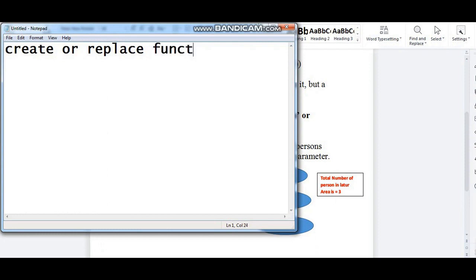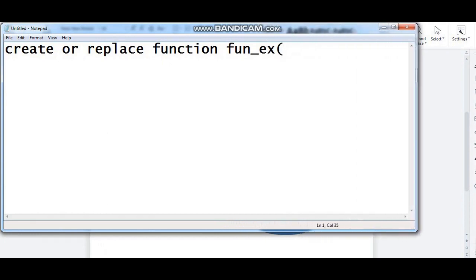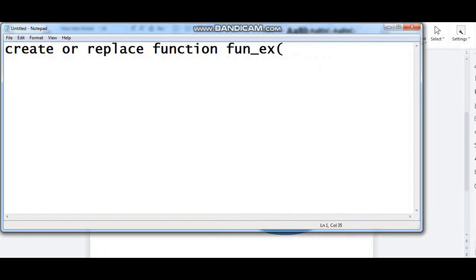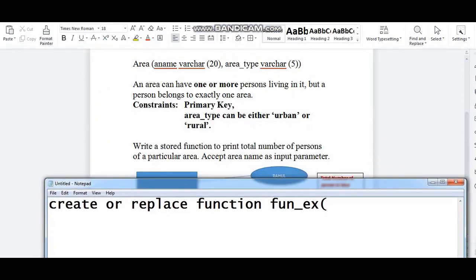The function keyword is used, and a user defined name is given to the function, for example, example. And I have to pass the parameter, since it says accept the area name as the input parameter.